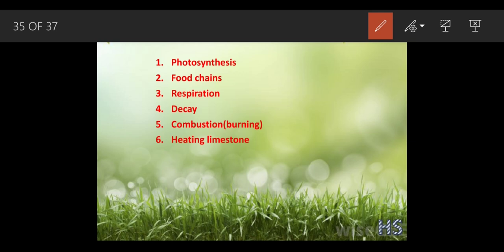See, why is this carbon so important? Because in the process of photosynthesis, green plants, which are called producers, produce their food with the help of carbon dioxide. And from where do they get this carbon dioxide? From the atmosphere. There are some traces of carbon dioxide in the atmosphere which the plants absorb. When the plants absorb this carbon dioxide, they can perform photosynthesis. In this way, the plants can prepare their own food.